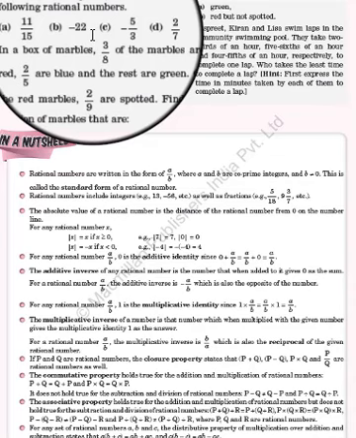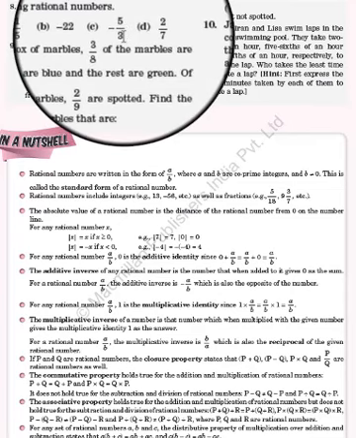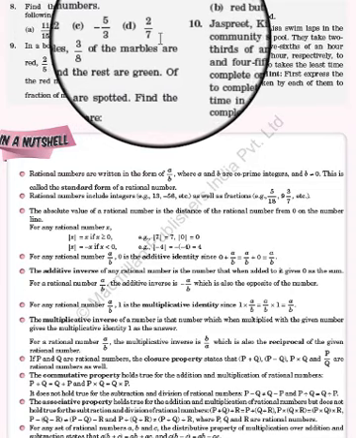Make sure to always make the denominator positive. You can't write 1 upon minus 22. That will not be in the standard form. Standard form of a rational number says that it should always have a positive denominator. So the answer will always be minus 1 upon 22. In the C part, it will be minus 3 upon 5. And in the D part, it will be 7 upon 2.